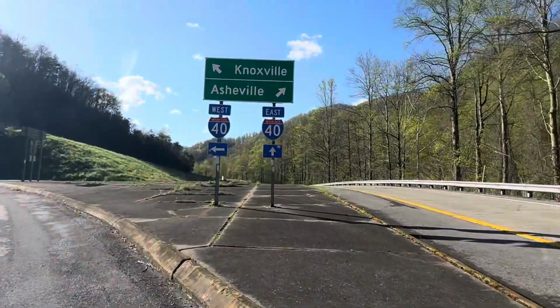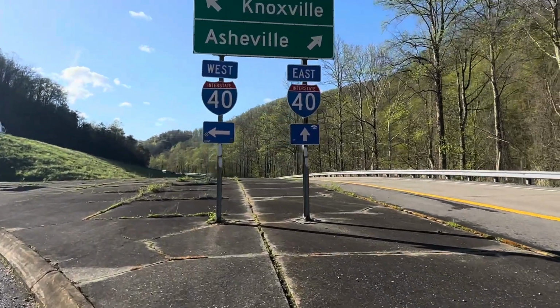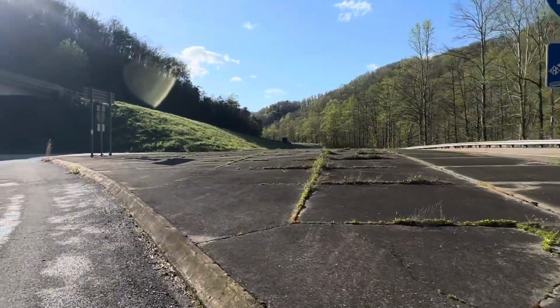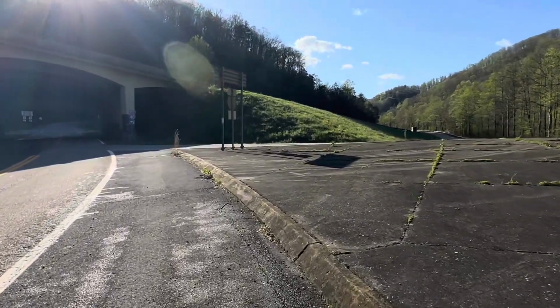And so now I am making my way back into the woods. Right now I'm right near the I-40, and I got to figure out Knoxville, Asheville, which way I go. Okay, so I'm at the Knoxville-Asheville sign. You see the blazes underneath the blue arrows. If you're not sure where to go, you want to go towards Knoxville, and you'll see this next